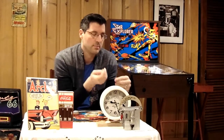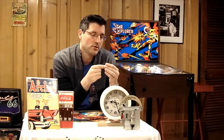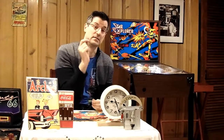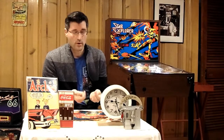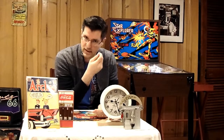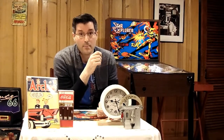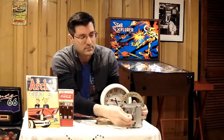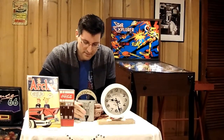So I have coins with me, and these coins are just regular coins, but they're all dated from certain times, like 1968 for example. This one's from 1960 and 1970. So what I'll do is put them into our time machine, and because of the carbon footprint and the luster on these coins, we'll be able to see what the past can bring us. So let's try that. I'm going to be putting the coins in the meter here. I'm going to put one crank in,